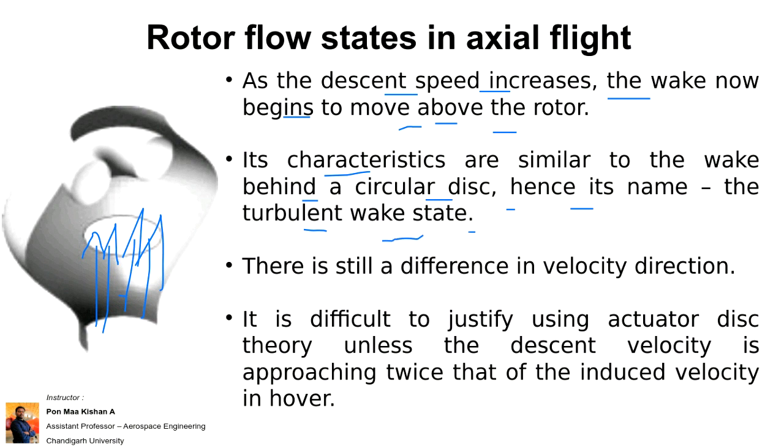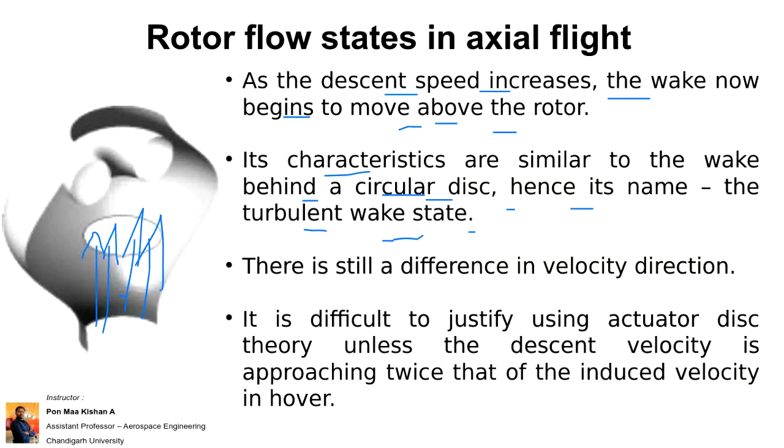So why are they using the term circular disc? They are using the term for a wind turbine. So the same is applicable for a wind turbine also. Not only wind turbines, even if you are speaking about fans, wherever the rotor disc is there, the same concept of momentum theory and the same flow pattern and wake analysis which we are discussing right now is also applicable. It depends upon which direction the rotor system is placed, whether the rotor is placed vertically or horizontally. Depending upon that, the wake formation will also be there. So that's why they are using the term circular disc. So hence it is called the turbulent wake state.